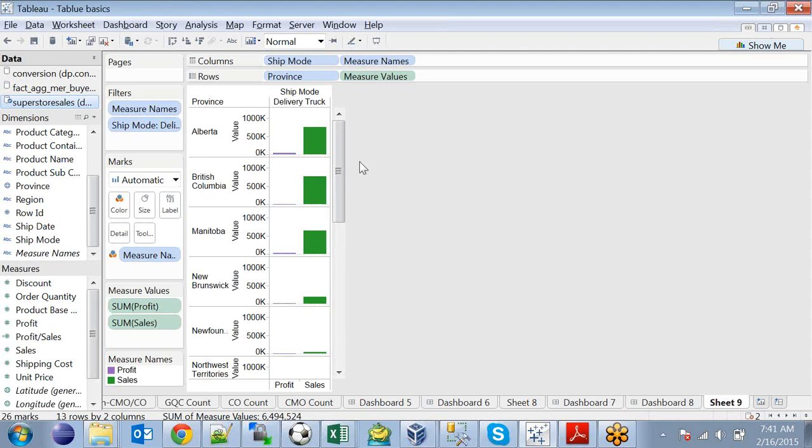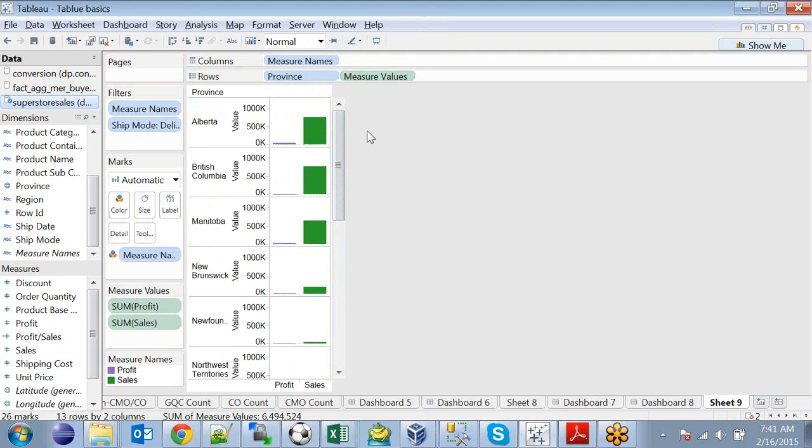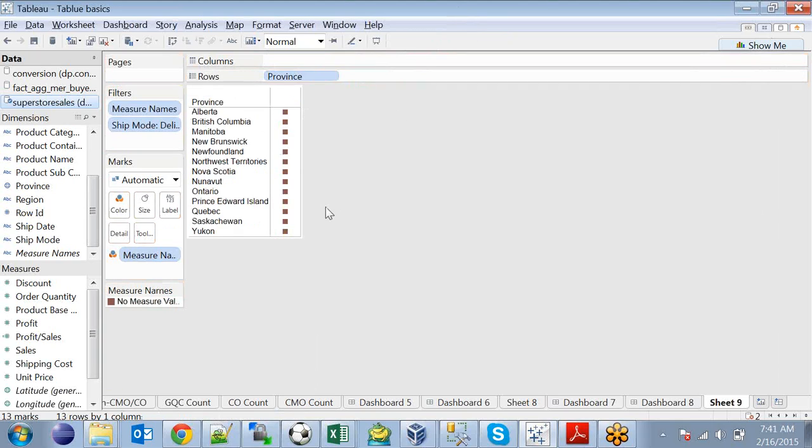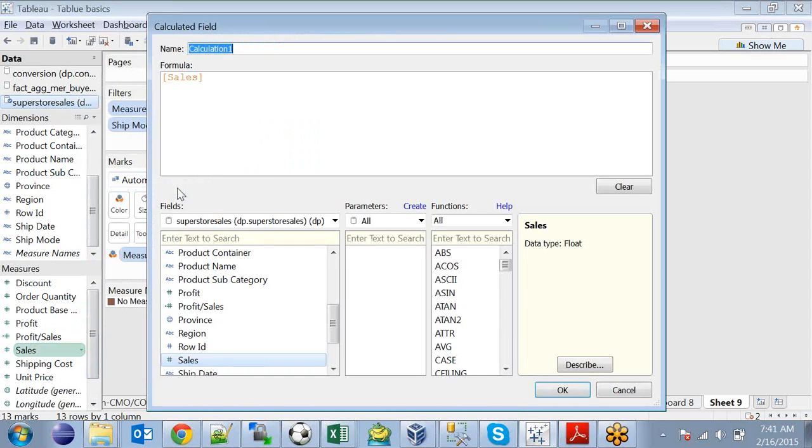So these are the different states. Let's look at this thing on the map, and before that, let's remove the shipping mode from here, and remove this measure. Okay. So these are the different states, and let's look at the profit to sales ratio. So what I can do is right click over here, create a calculated field, and I want to create profit to sales and its percentage,